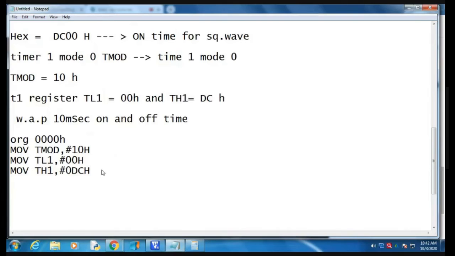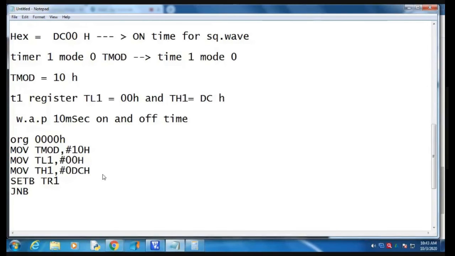Next, we have to start the timer 1 register. SETB TR1 sets the timer 1 run bit. Then JNB, jump if bit is not set.